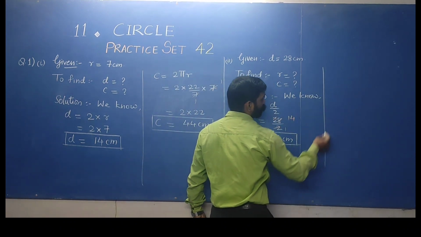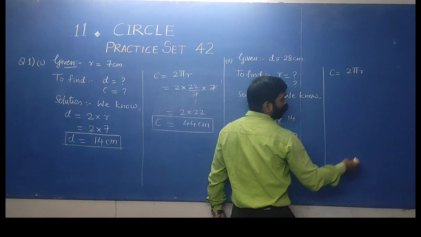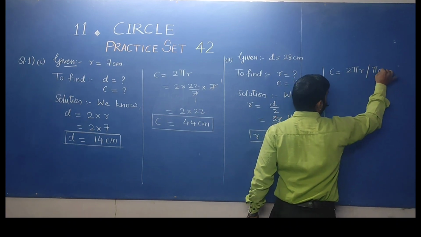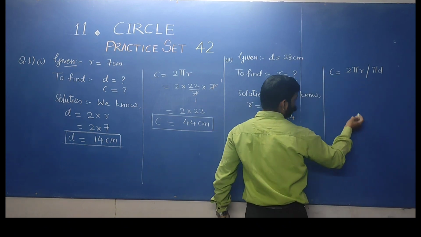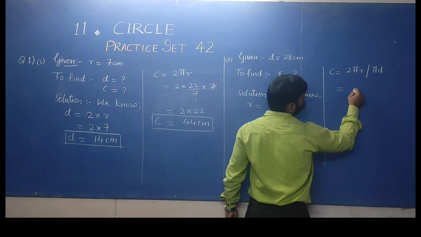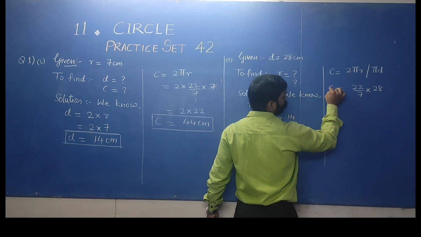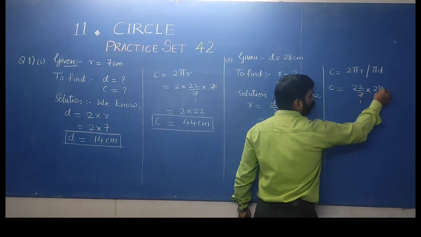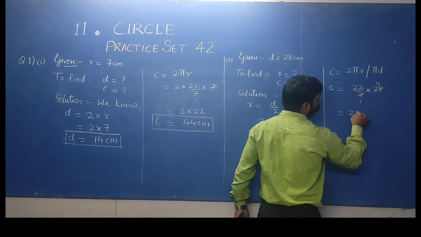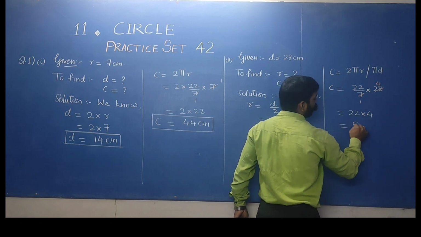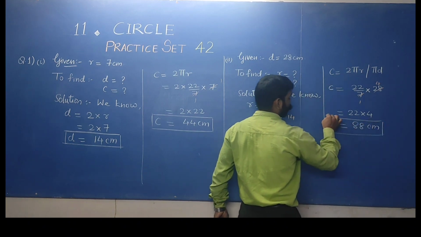Now after this we just need to find circumference. What is the formula for circumference? 2 pi r. Now actually I am going to do it with pi d. As we have done with formula 2 pi r, this time I am going to use pi d. You can use either way, both the formulas. The value for pi is 22 by 7 and d is given as 28. So 7 fours are 28. So we are going to get 22 multiplied by 4, and 22 fours are 88 centimeter. This is C. Okay students, we have completed 2 sums.